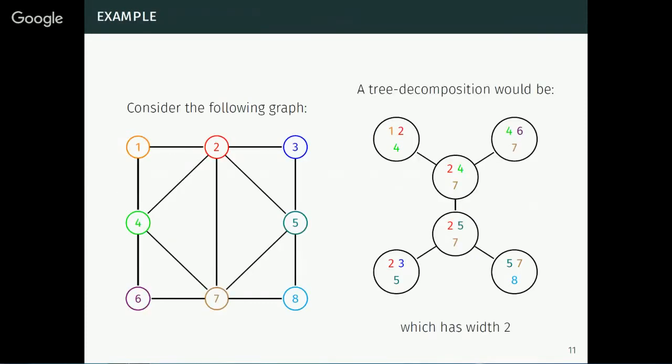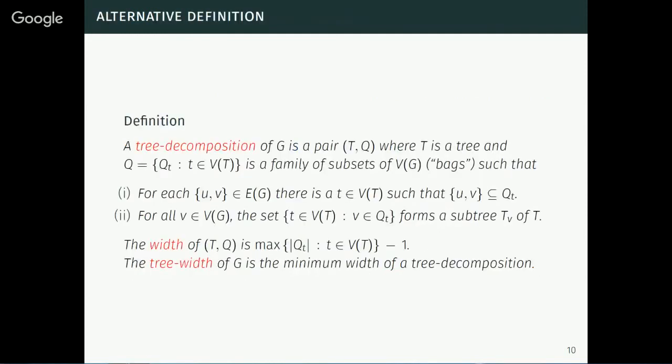So for example, if you go to this one, you take any edge, let's say 2, 4. 2, 4 is here and here. It doesn't matter that it's more than one, but it has to be in at least one. Okay, is that fine so far? Okay, the next one, and which is the hardest one, is that if you take every vertex of the original